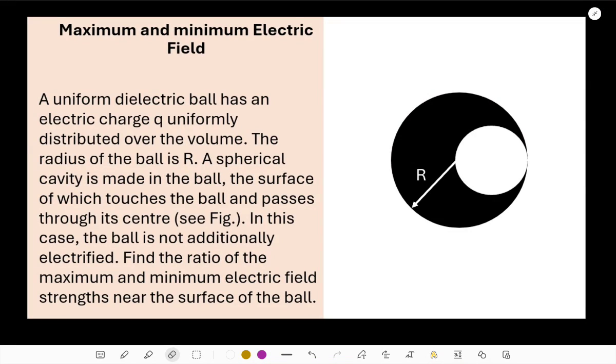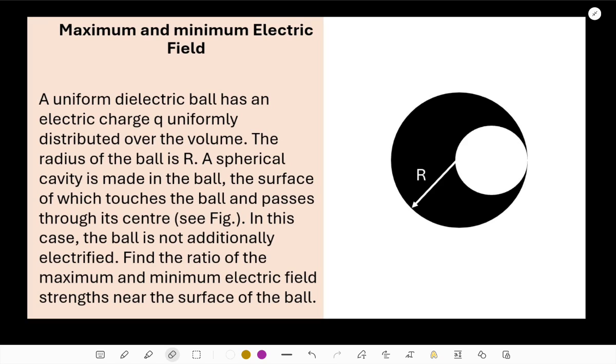And we got another problem that might be interesting, but it doesn't look so. This problem is about finding maximum and minimum electric field, and the statement of the problem says that a uniform